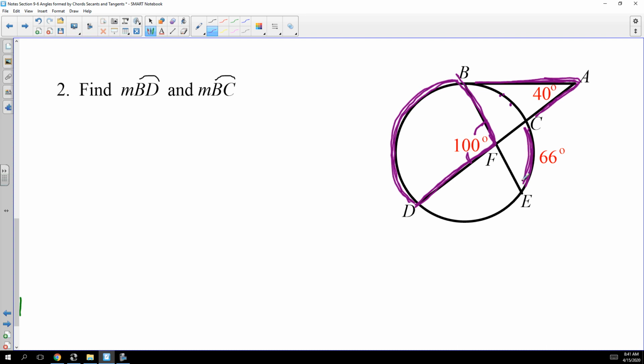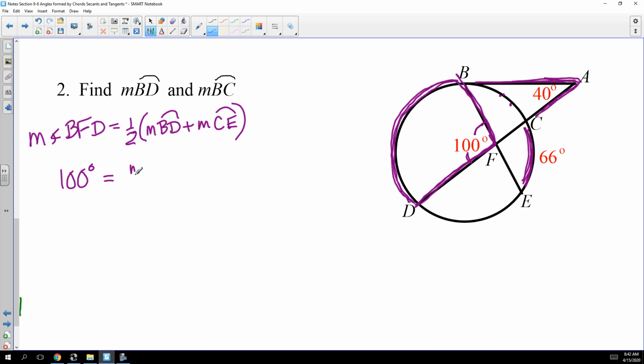So the angle formed inside is the measure of angle BFD. That's the 100-degree angle, is half the sum of the intercepted arcs. Remember, half the sum. So half the measure of arc BD plus the measure of arc CE. The reason I'm going to use this one first is because I already know the measure of this angle is 100 degrees, right? I'm looking for the measure of arc BD. I don't know that, but I do know that the measure of arc CE is 66 degrees, all divided by